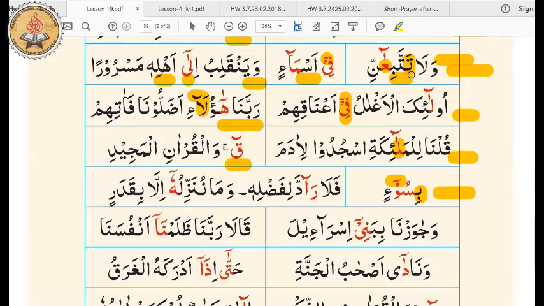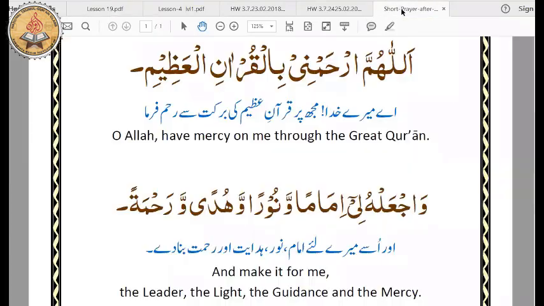Just listen to the recording of today's lesson and previous lessons as well, and keep on practicing at home, and be mindful of all the rules you have learned and all the strokes the letters are carrying. Can you please read the end prayer? Could you help me? So it is